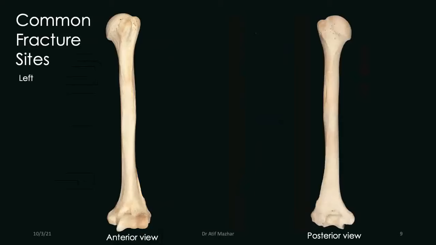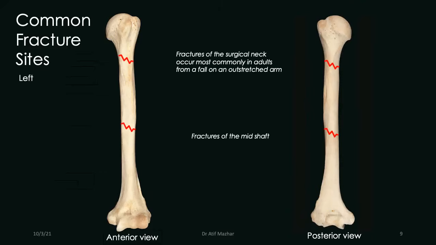Okay, now look at the common fracture sites which are associated with this bone called the humerus. The proximal part, that is my surgical neck. The location is at the surgical neck. This is one site, the mid shaft, and then the distal shaft, and this is the supracondylar type of fracture. What happens, we'll be seeing in my next coming X-rays. Are we good so far?